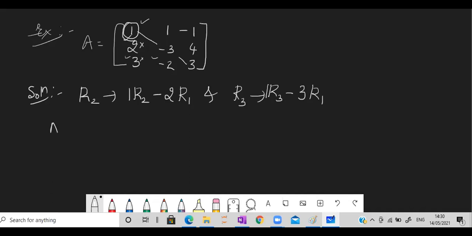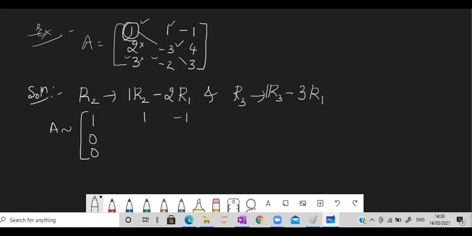Let us apply the operation. This is A now. No operation for the first row, so I'll write it the same. Second row: you have applied the correct operation, so these two elements are surely going to be 0. R2 minus 2R1 should be applied for all elements. For this one I get 0. Next, for this -3, which is the corresponding R1 element? 1, which is lying just on top of it.